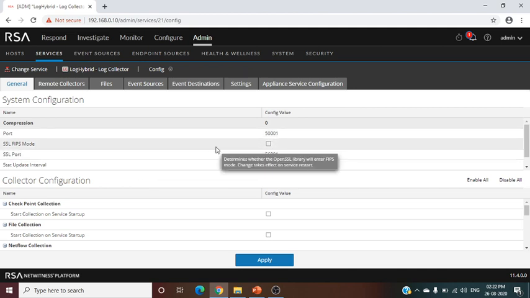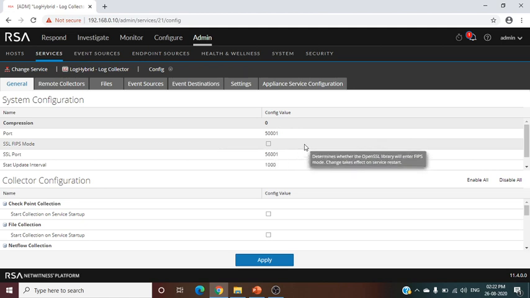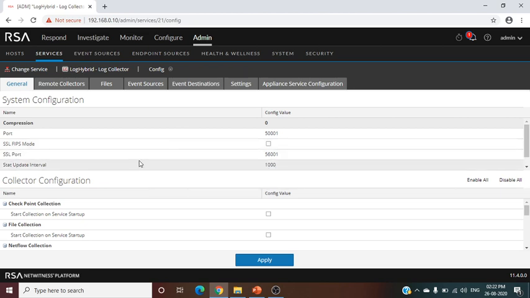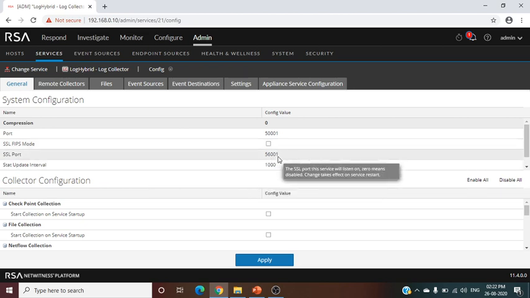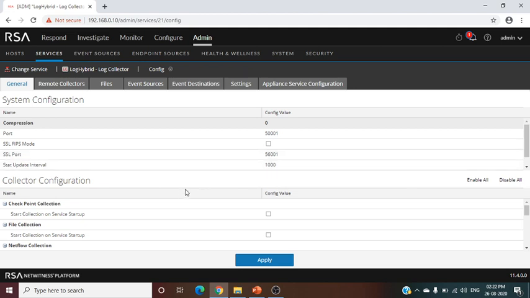Now SSL FIPS mode. So this is something related to data privacy. Now the SSL port is 56,001. So if you want to send logs in an encrypted way, you have to choose 56,001 as the port.